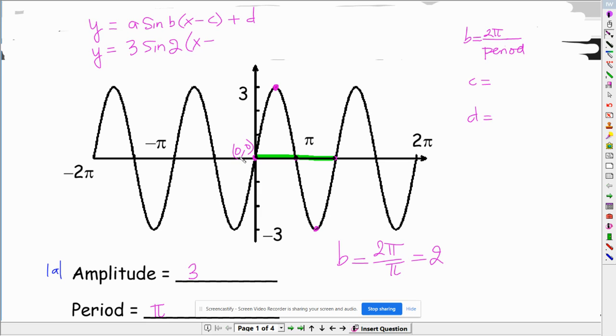Now let's find C. Again we look at the first point of the graph, which is the point (0, 0). So it tells us that the graph has no phase shift, so C is 0. For D, we look at the midline, the line between the y minimum and the y maximum. In this case, the midline is y equals 0, or the x-axis, so D equals 0. Therefore, we can conclude that our equation will be 3